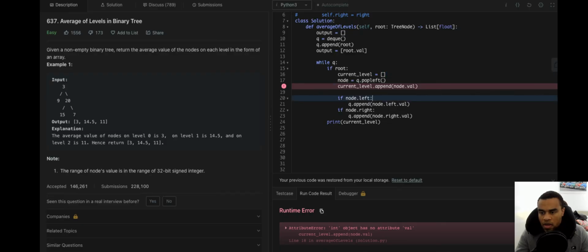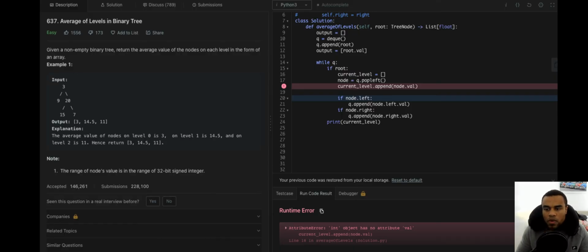If node.left, q.append. Wait, if node.left, shouldn't that be if root.left? If node.left, if root.left, then q.append.